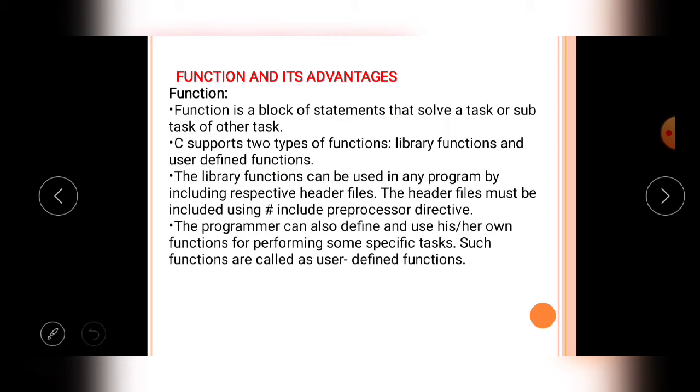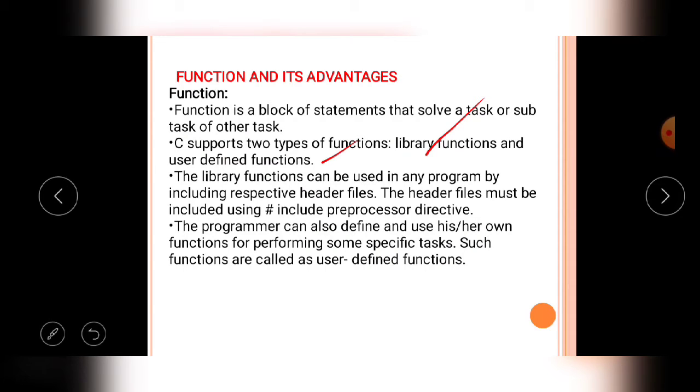The programmer defined functions are called user defined functions. So C supports both library functions and user defined functions.